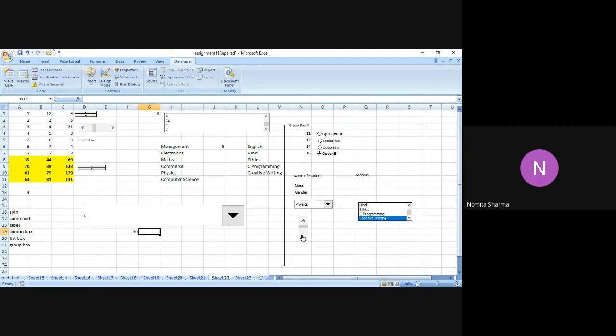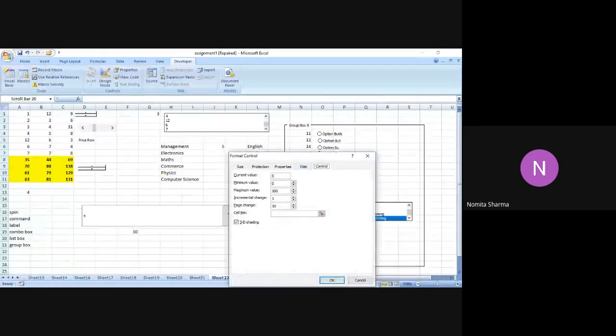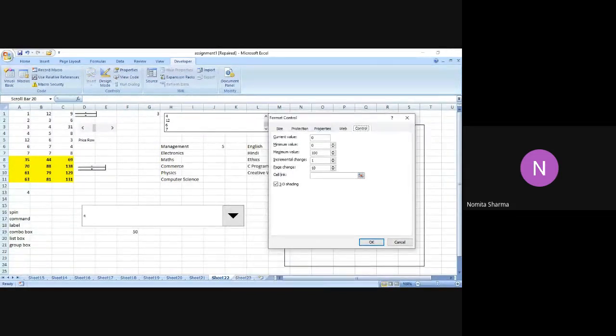And when I use the scroll bar, I can use form control and highlight that as the minimum and the current value. So current value is by default 0, let it be 0 only. Now minimum value I can actually mention as 50%, which is the criteria to get admission. The minimum percentage I believe is 47, but let's keep it as 50.